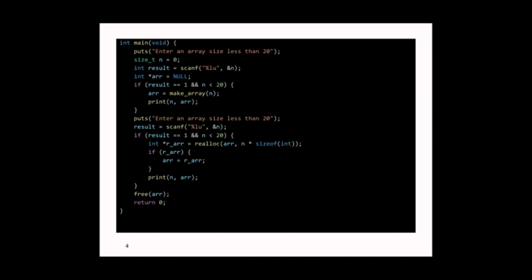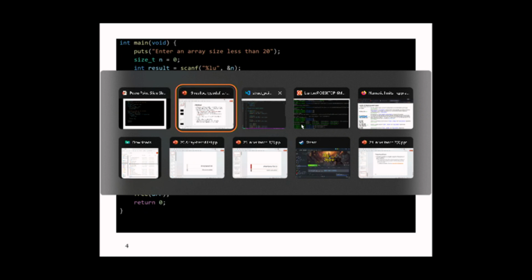So notice when you call realloc, you pass in the pointer that was returned by malloc, back up here, right? So our pointer is ARR. In this case, ARR is just an array of int. When you ask for the new size, it's always the number of elements times the size of the element type that you want to store in the new block of memory, right? And you can make it bigger or smaller, right? And when you run this program,